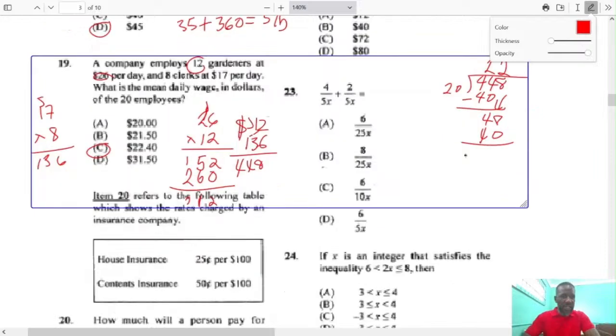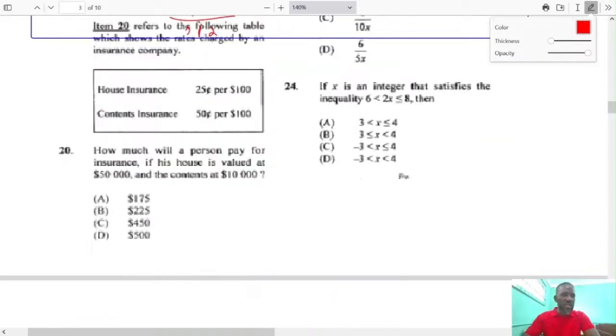Looking at the next question, item 20 refers to the table below. The house insurance is 25 cents per $100, and contents insurance is 50 cents per $100. How much will a person pay for insurance if his house is valued at $50,000 and its contents at $10,000? One of the first things that we want to do is to find how many $100